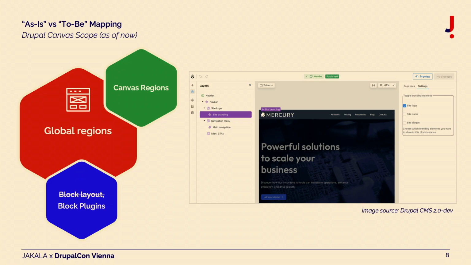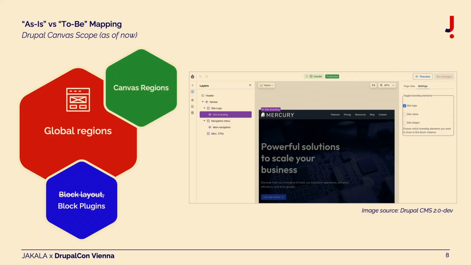Moving forward, global regions. I think that's something that for me is a big deal as well, even though it's maybe not the focal point of everyone. But now we can say bye to block layouts. We don't put all the possible blocks in a single layout and have performance issues and a very big block layout page.